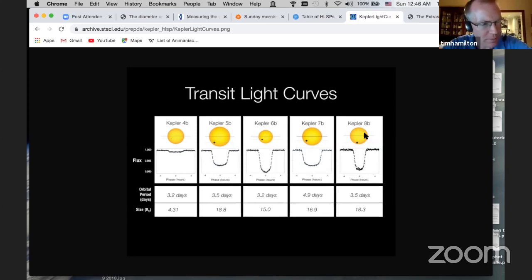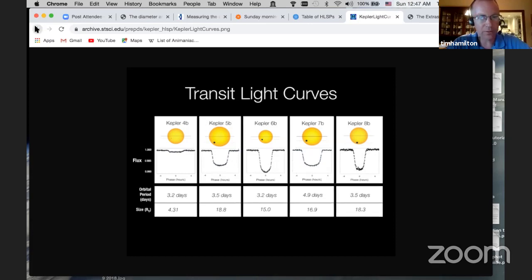And to tell you the truth, I don't remember what the deal is with Kepler 1, 2, 3. Those three stars there. But anyway, these 5 were the first ones that they were able to work out. Now we're going to take the best one of these to start with, which is Kepler 6b. And that's because, as you see here, it has a very deep well in the transit. And that means it has a large planet as a fraction of the total light of the star. So let's go to that one there.